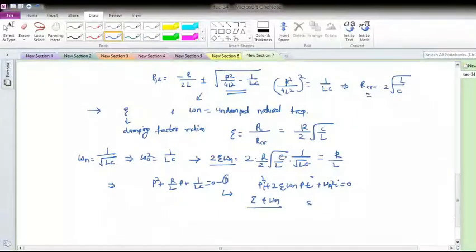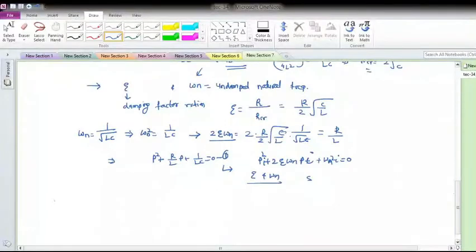Okay, again let me define one more quantity, called the figure of merit, which is the circuit Q. This is in the RLC circuit. Q is defined as omega n into the ratio of L by R. So I can define this as QR is equal to omega n into L, and then R by L will be equal to omega n upon Q.